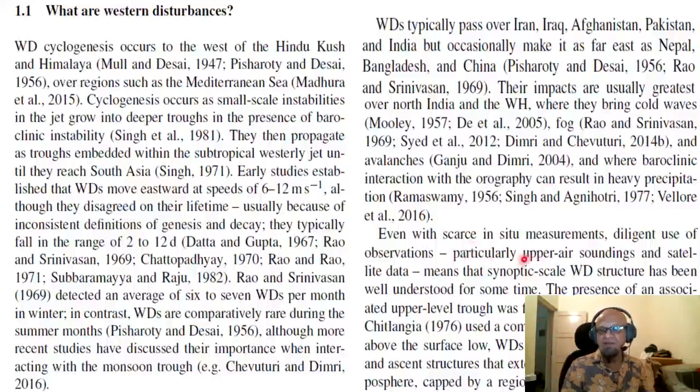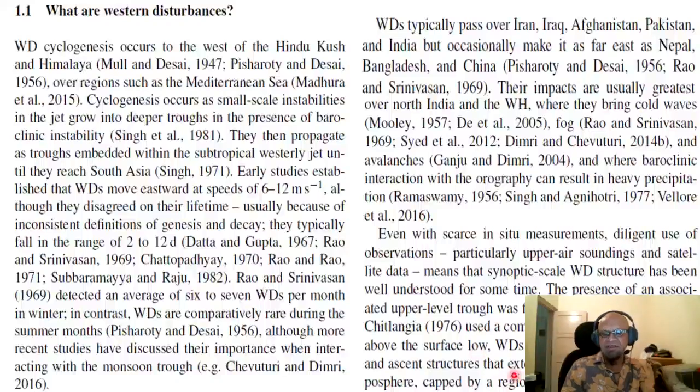Even with scarce in situ measurements, diligent use of observations, particularly upper air soundings and satellite data, means that synoptic scale WD structure has been well understood for some time. The presence of an associated upper level trough was first identified by Singh in 1963. Chitlangia in 1976 used a composite of 6 WDs to show that above the surface low, WDs are associated with